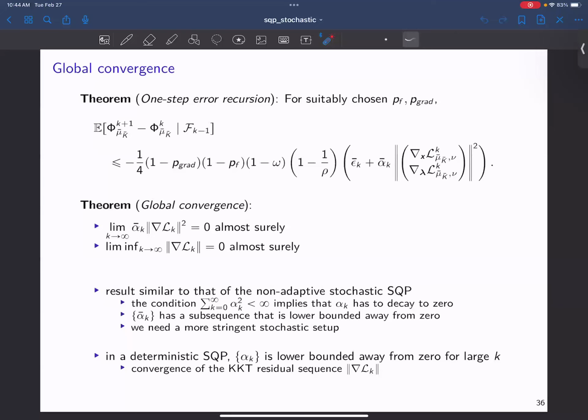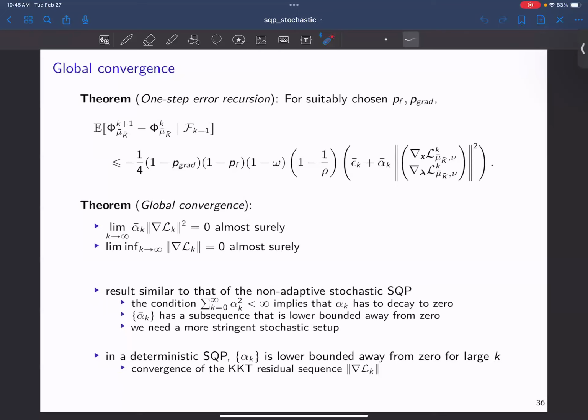So this result is very similar to what we have in non-adaptive stochastic SQP. Under this condition, this implies that alpha k decays to 0. So this we would require to converge almost surely to a stationary point of the objective. Now, with the adaptive algorithm, a subsequence of this sequence is lower bounded away from 0. But we need somehow a more stringent